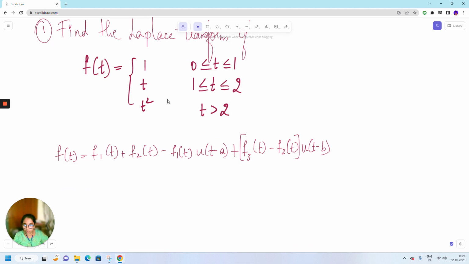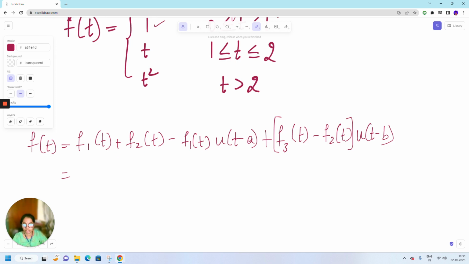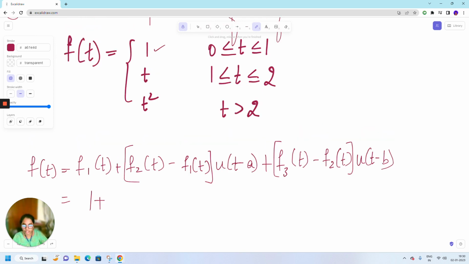In place of f1 of t, I have 1. So I'll substitute 1, plus in place of f2 of t, I have t. So I'll substitute